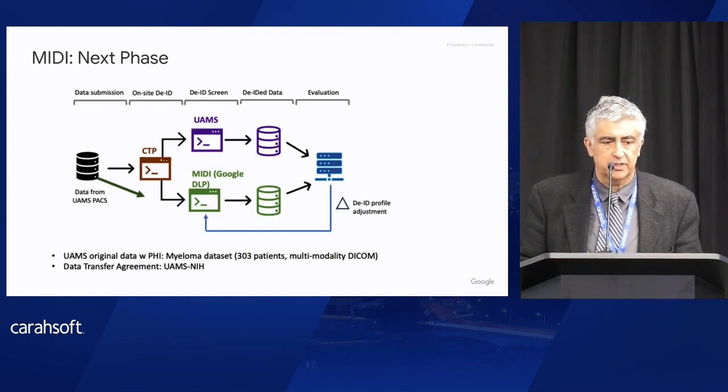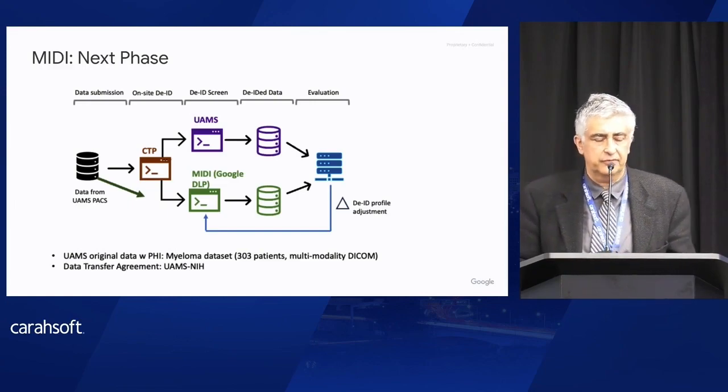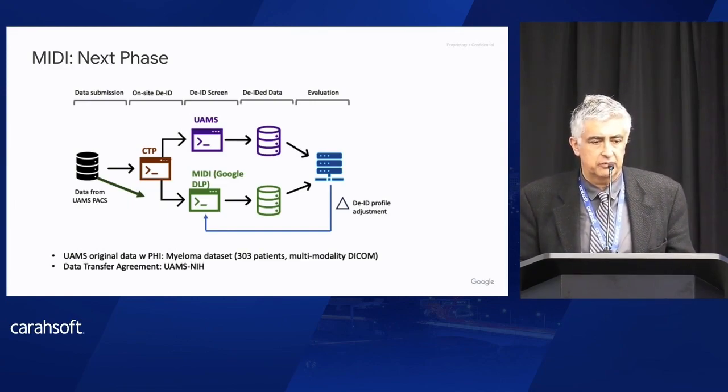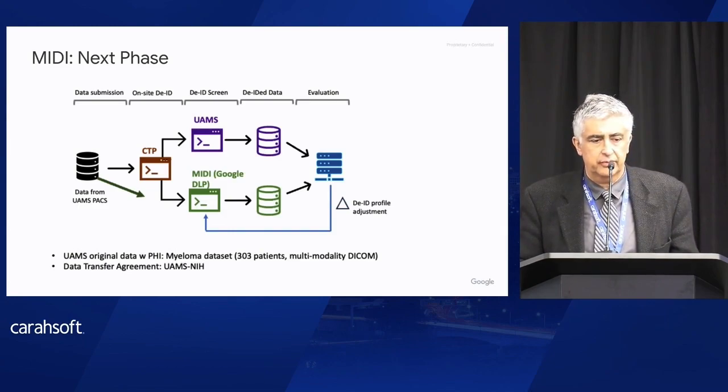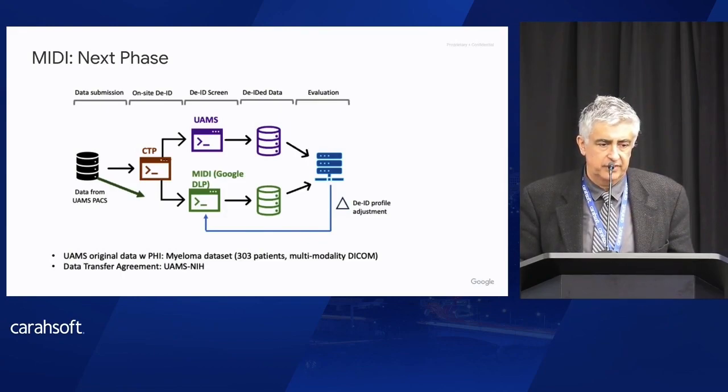So that way we can benchmark against TCIA, which by far is really the community standard or gold standard for image de-identification. They do a great job of curating data. So this is the next phase. It's going to include 300 some subjects with multimodality images. And once we do that and show that feasibility and efficacy of